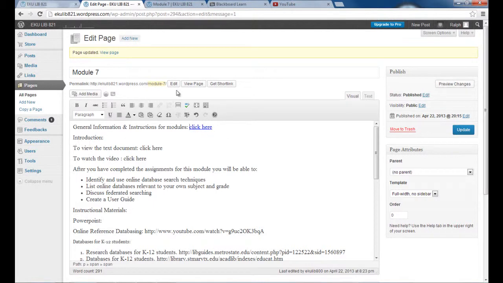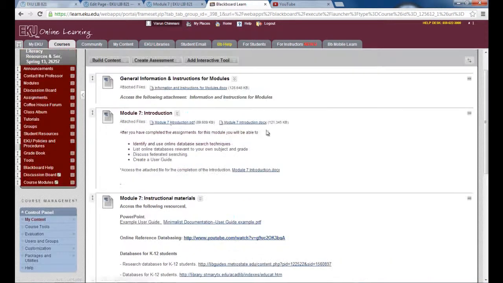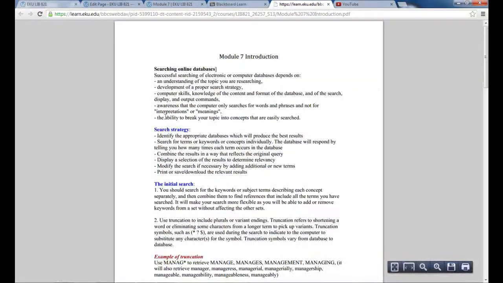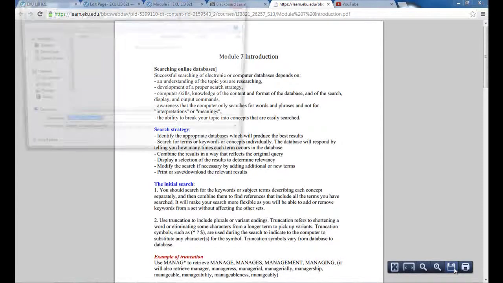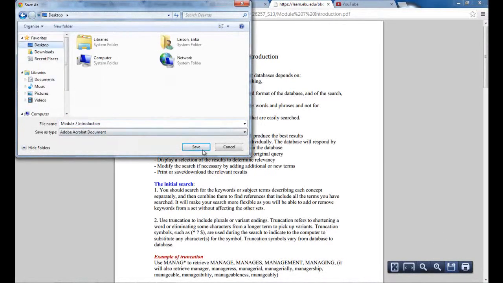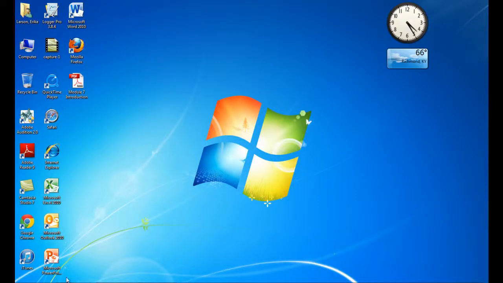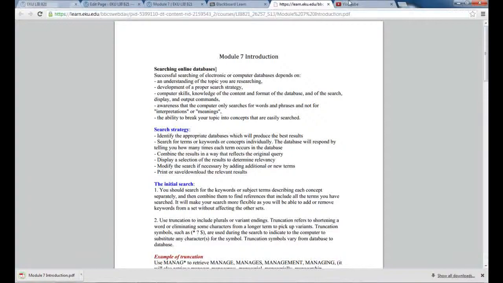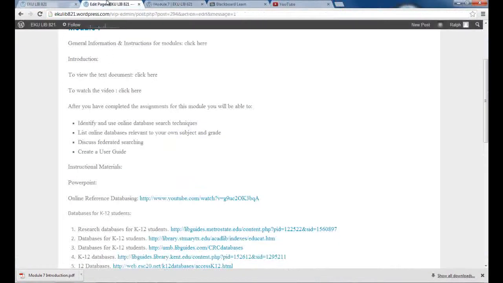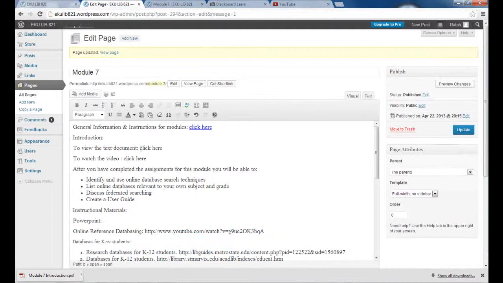So now in the same way, I have an introduction PDF. So I'll just save this one to the desktop. So now I have one of the PDFs on my desktop. This one I want to link in my WordPress page. So for this, I'll just go to this modules, to view the text document. I wanted to link this to that document. So since the document is in our system, we need to add that media to our WordPress media content. So for this, we'll click on the add media icon over here,